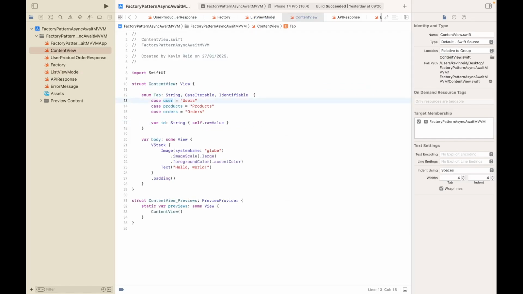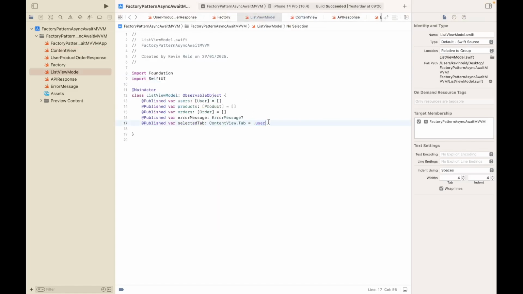So within the ContentView on line 13, we need to update user to be users with an S at the end. Users, didSet,